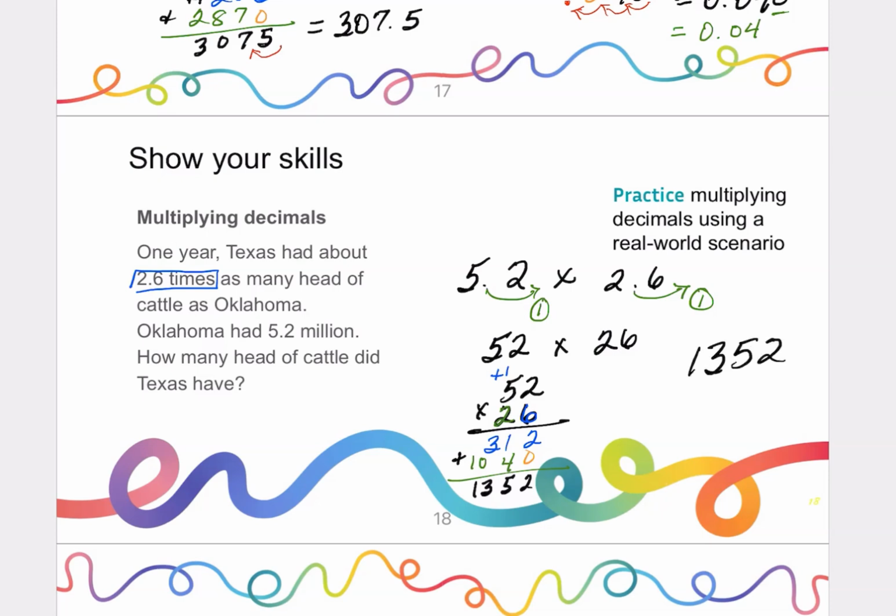Now, we cannot forget that we have to move those decimals back in because we moved this one space and this one space. That means our total that we moved the decimal back in is 2 spaces. 1, 2. So that means our decimal should drop right there between the 3 and the 5, which will give us a value of 13 and